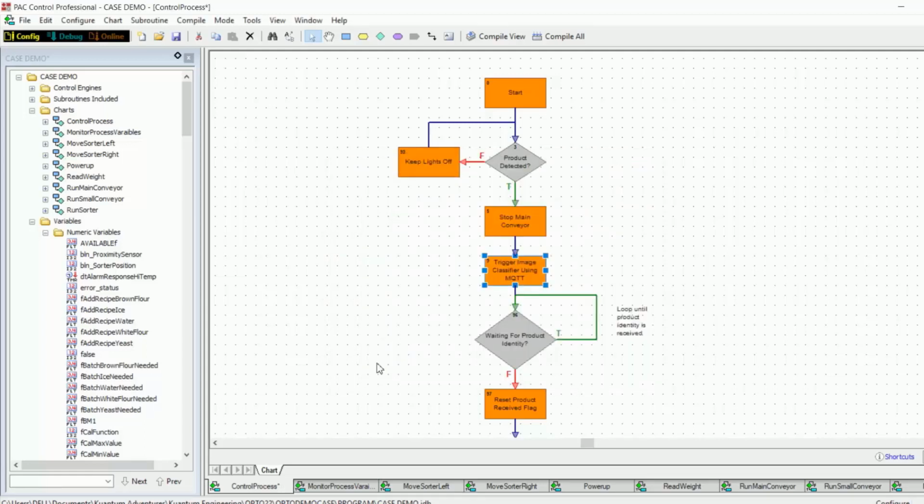When that happens, our Node-RED MQTT client will detect that integer value of 1, and then it will publish a value of 1 to the MQTT topic called demofactory/ready to detect. And then after that, our control logic will loop until it receives the product identity from our